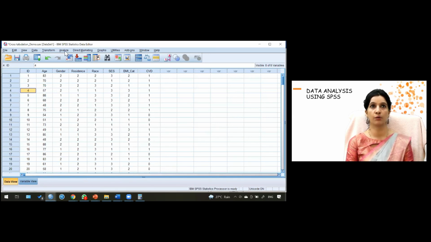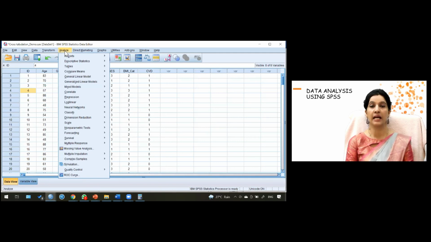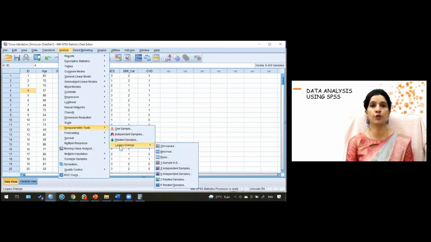So I'll go to Analyze. Here we don't use the option of crosstabs, and it comes as an option in non-parametric. This has been there in your PPT slide as a command, so don't worry and just focus for a few minutes here on the screen. You go to Analyze, then Non-parametric, and then you can see there is an option of Legacy Dialogs. Can everyone see this Legacy Dialogs? So Analyze, Non-parametric, Legacy Dialogs, and then this Chi-square.